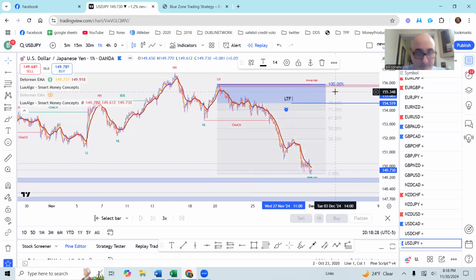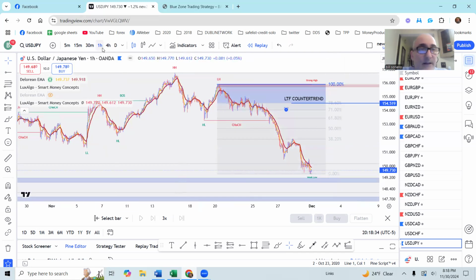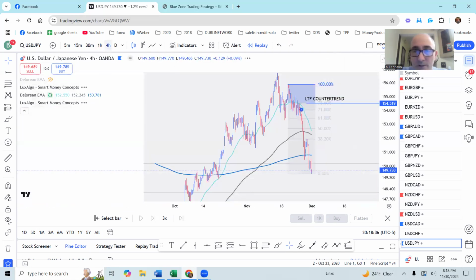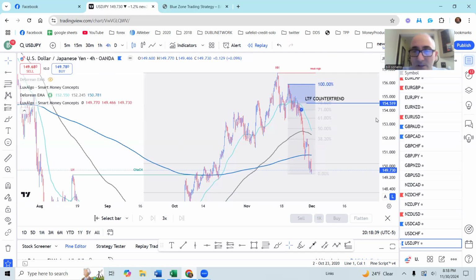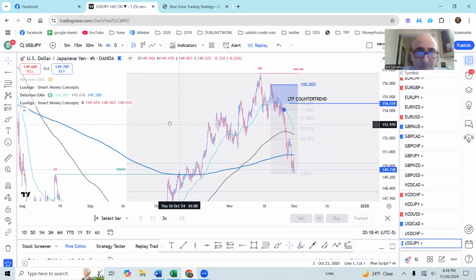Lower time frame, right? And it is counter trend. So it's important to understand that. That's why I'm going to put that there. And again, when we go back to the 4 hour chart now, we can see we have essentially what we